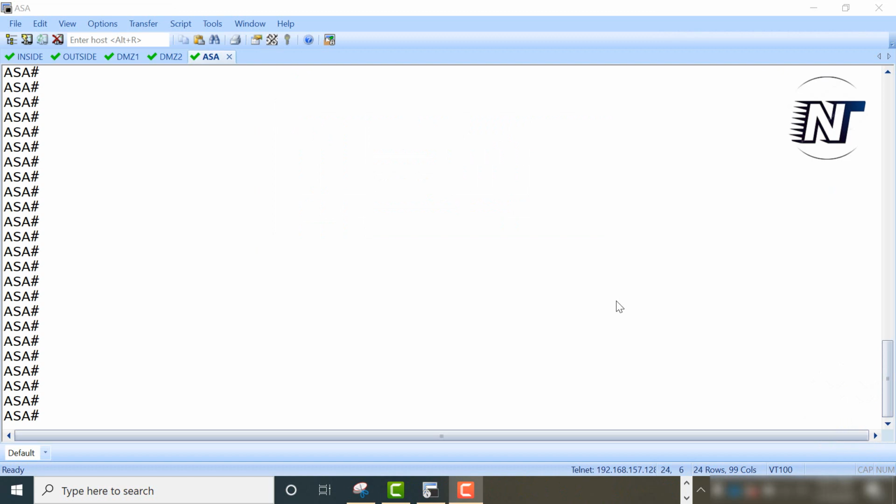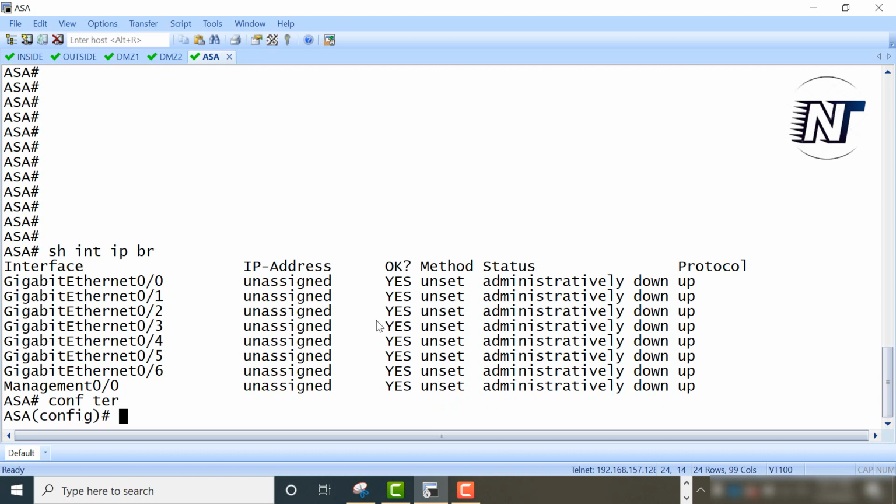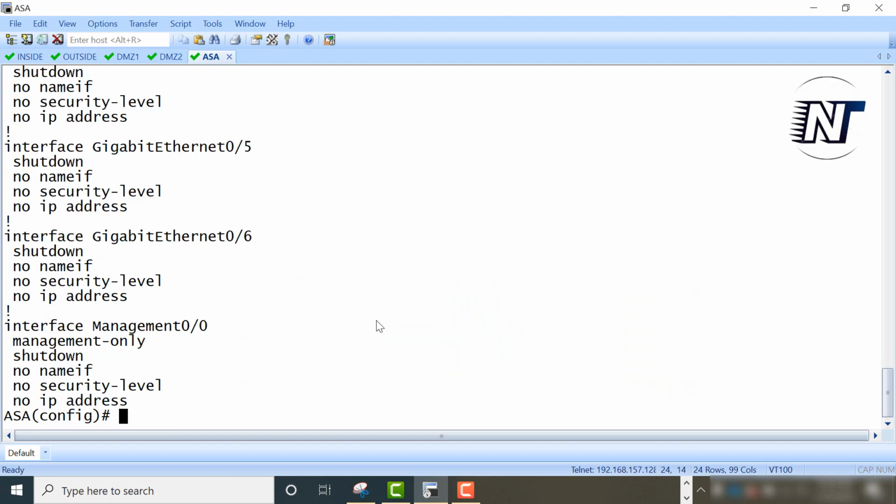First of all, I will check whether my ASA is blank or not through one command, that is show interface ip brief. Yes, this is the command. For that you can check all the interfaces, and nothing is set right now. The other thing that you can do over here, you notice that I am doing show run command without any do command in global config. Let's start off setting the IP address on the device.